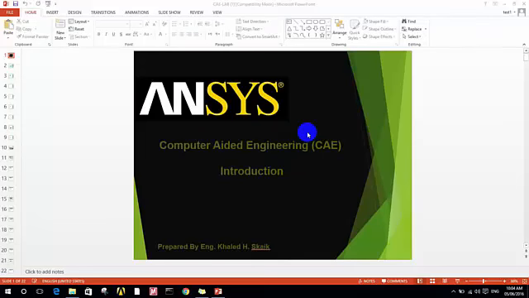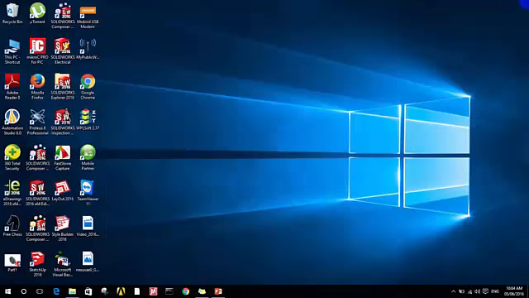Hello, today we will learn about flow simulation, and we will do a simple fluid simulation using the Ansys Fluent solver. First of all, we need to build a geometry that the flow will flow in. So let's first open SolidWorks